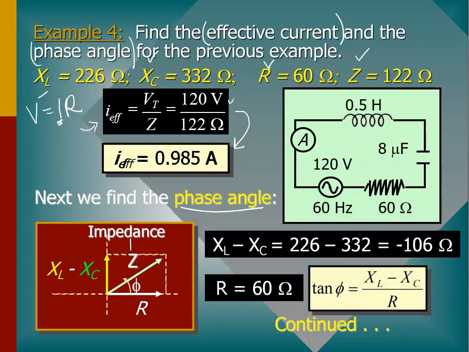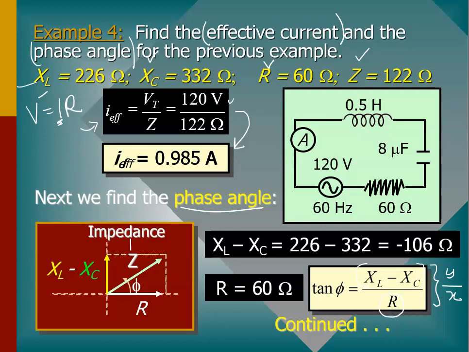The phase angle can be calculated with these equations over here, where tangent theta is equal to the total resistance in the y-axis divided by the total resistance in the x-axis. In the y-axis, the resistances are XL and XC. And in the x-axis, we have only one, which is our value of R. So if I